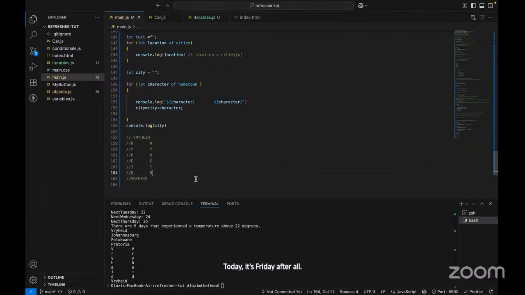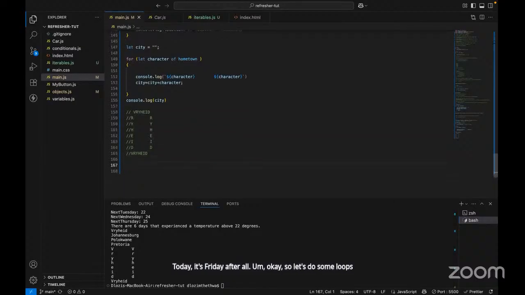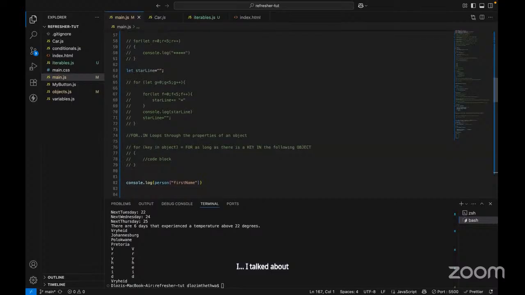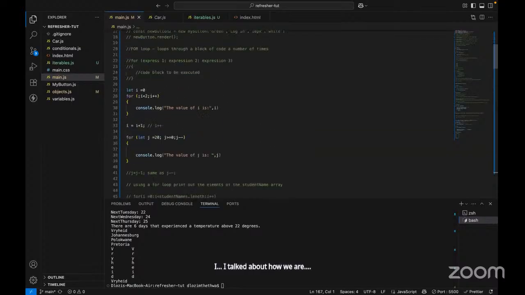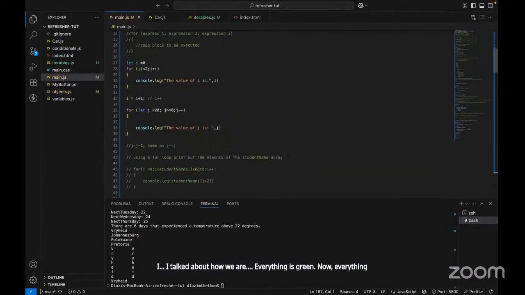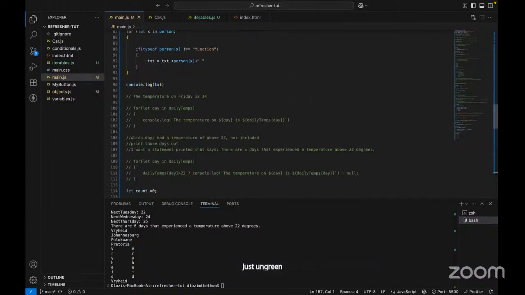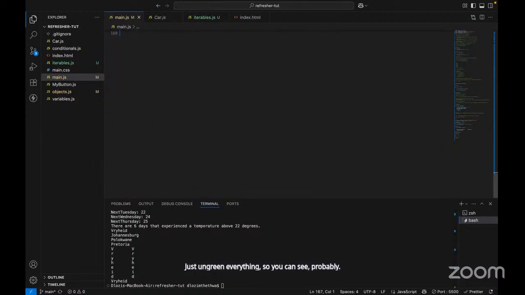Okay. So let's do some loops, some whiles. Now we're in the second category. Remember at the beginning I talked about how everything is green. Guys, when you get this, just ungreen everything so you can see properly. Anyway, so